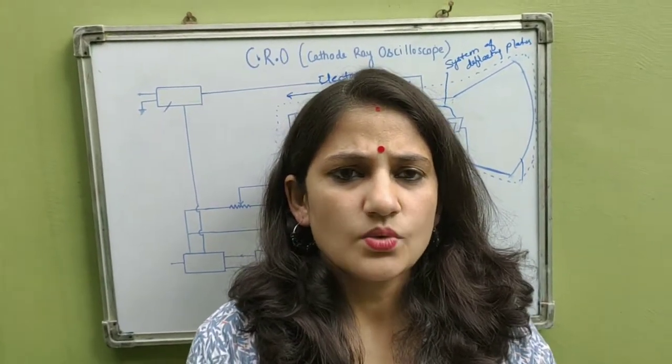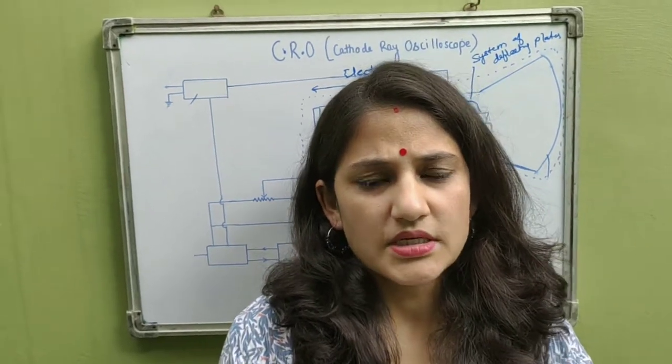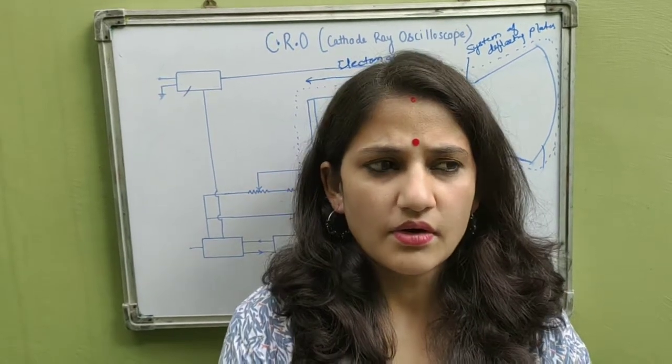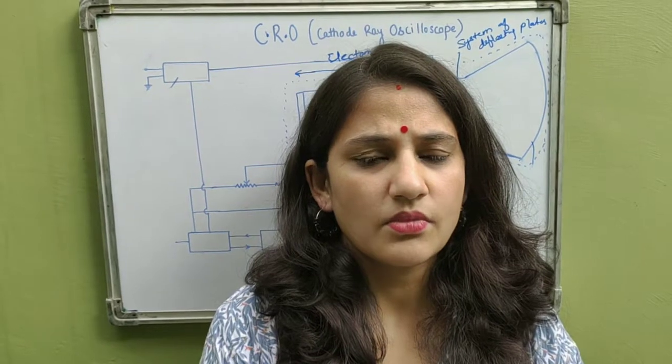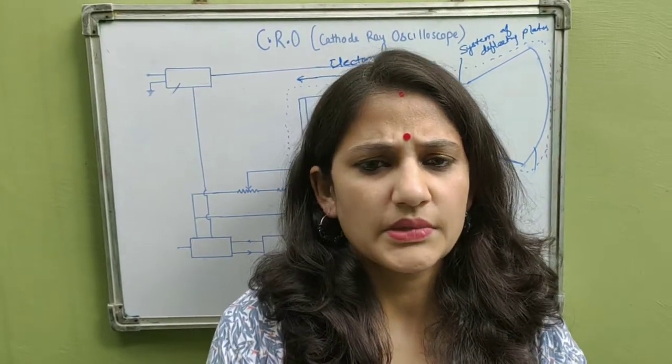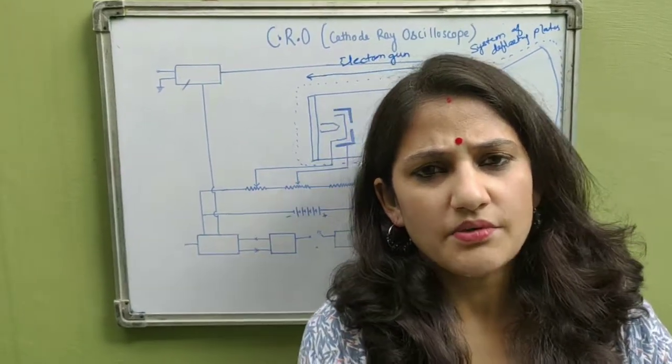And how does this CRO work? It is basically a very fast XY plotter. It plots the input signal versus the output signal. In this CRO there is a luminous spot which moves from left to right and up and down, and is responsible for producing the desired waveform of the given input signal. This is the basic work of the CRO. By CRO we can obtain the visual display of an electronic circuit. This is the requirement of any experiment, by which we can obtain the respective waveform.